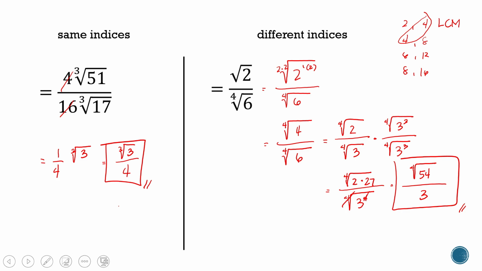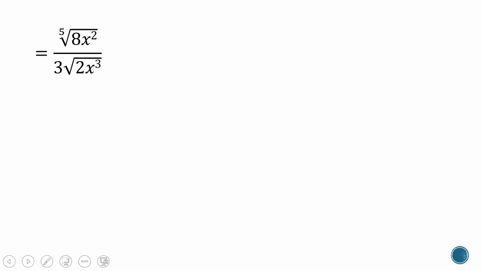Let me give you another example. Okay, so here, first step, look at the indices. They are 5 and 2. And then you need to find the least common multiple. Multiples of 5 are 5, 10, and 15. Multiples of 2 are 2, 4, 6, 8, and then 10. So I can stop there. That's our LCM,